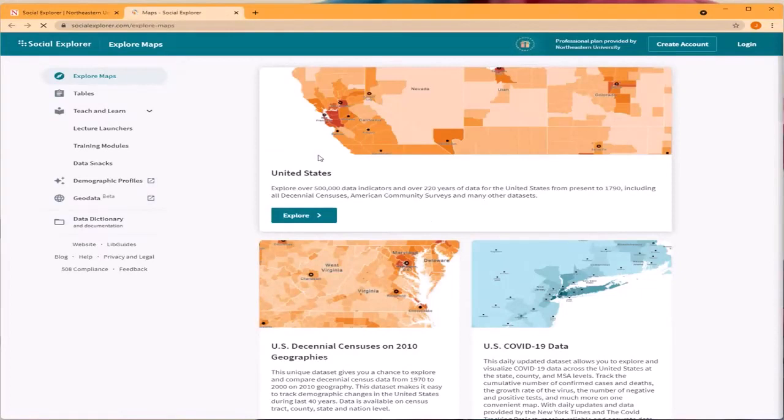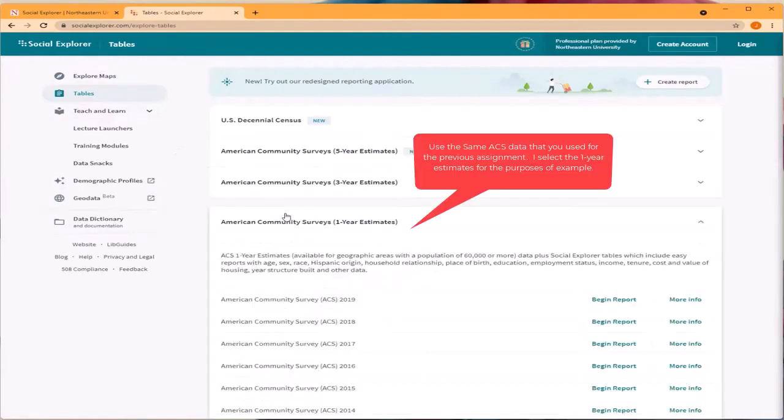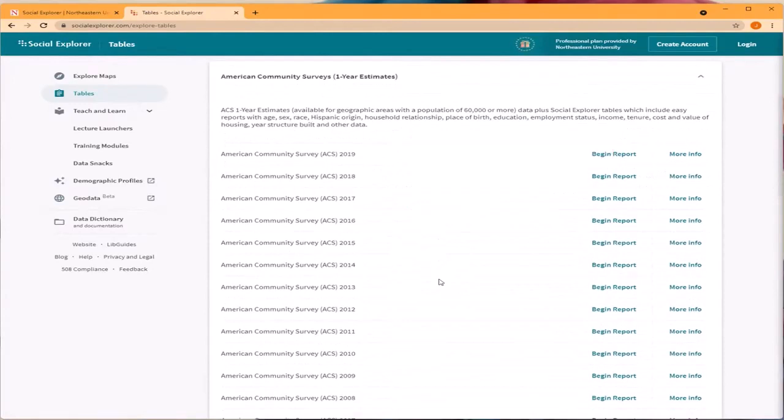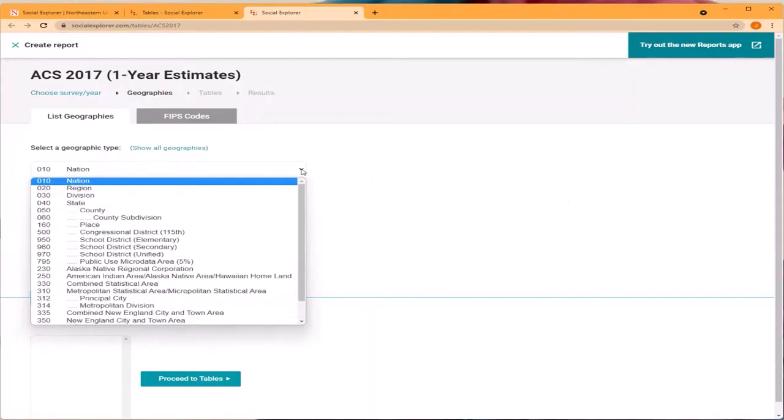Once we're at the Social Explorer landing page, we'll click on Tables. And from the Tables tab, we will see all these various data releases. For the purposes of this example, I used the 1-year estimates, but please use the same data source that you did previously. Once we have selected the data, we'll click Begin Report, and then we have to specify for what